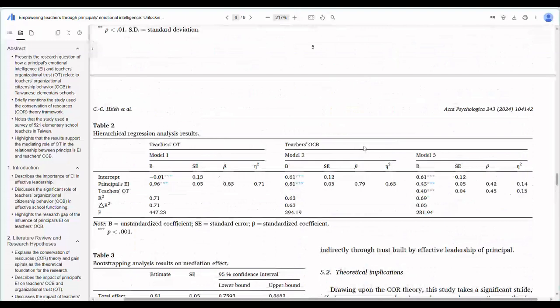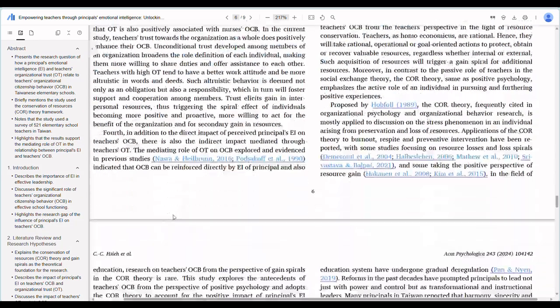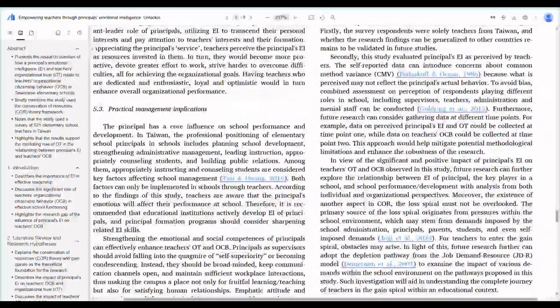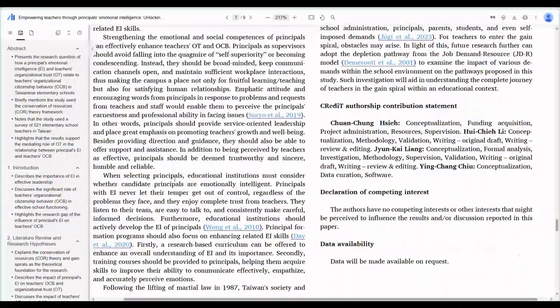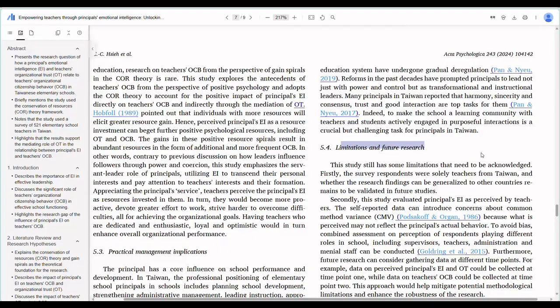One is theoretical implication, as you can see here. As we said on Monday, they talk about theoretical implication, and they also discussed the practical management implications.